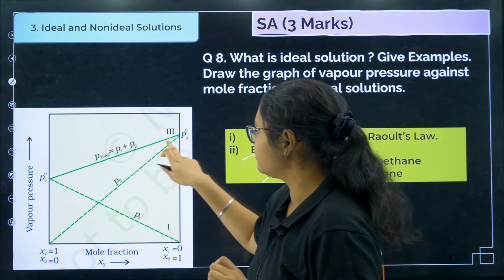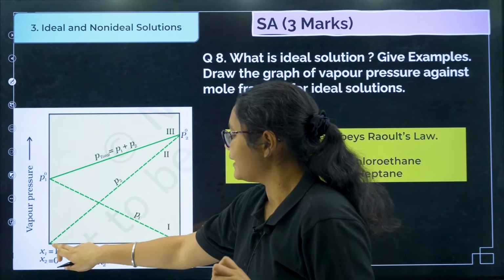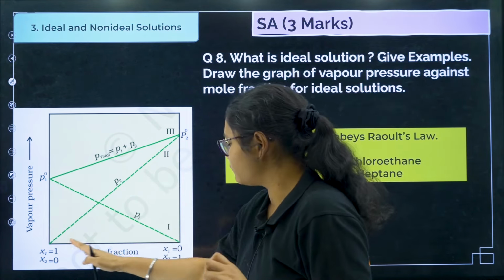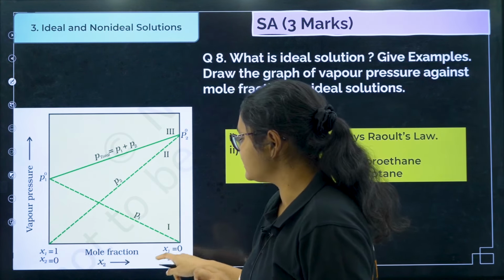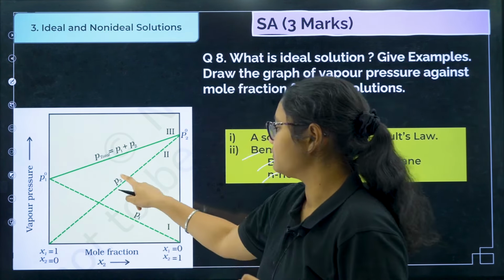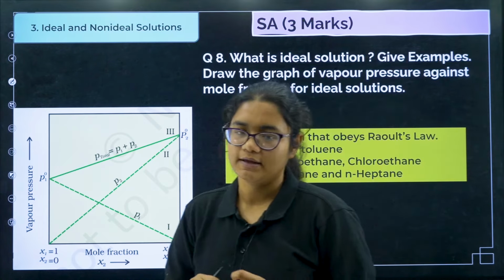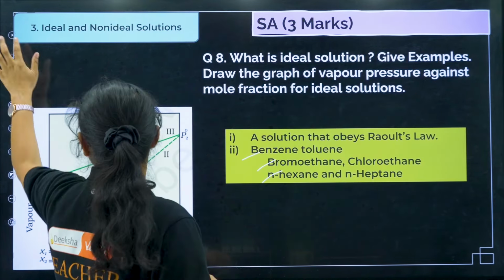So we have p1, p01 to p02, and here this is increasing from 1 to x2, which is from 0 to 1, and this is from 1 to 0. So P1 and P2 is there. Okay, clear? Next we will have